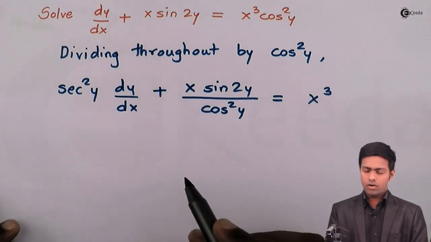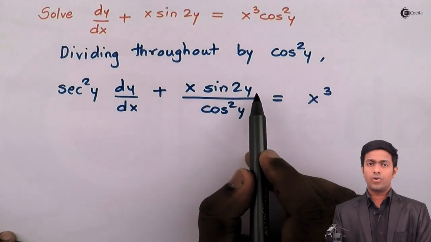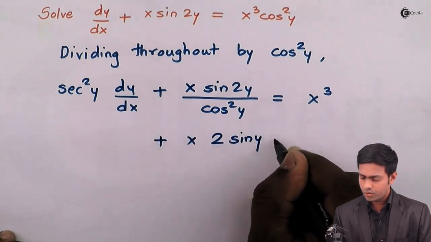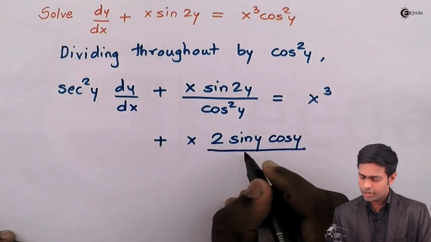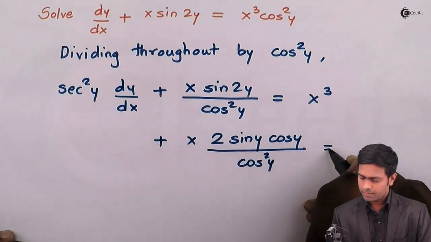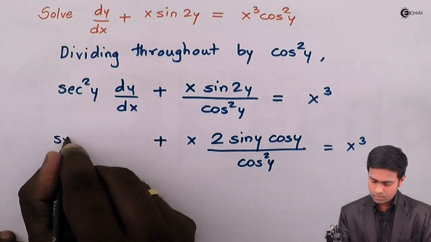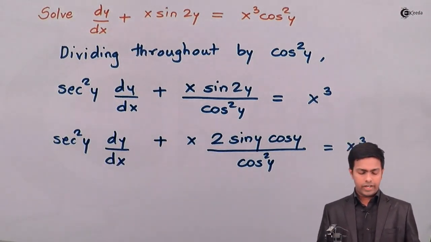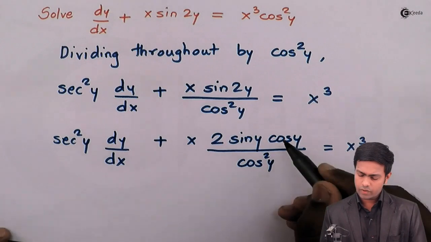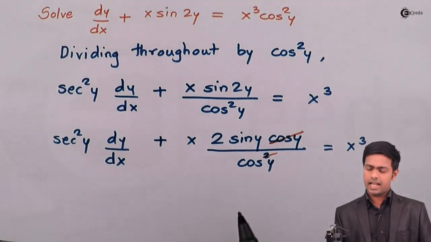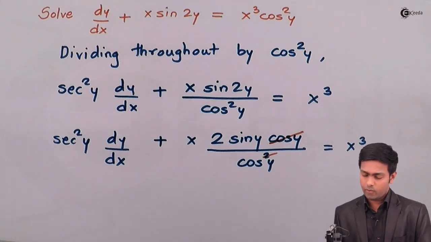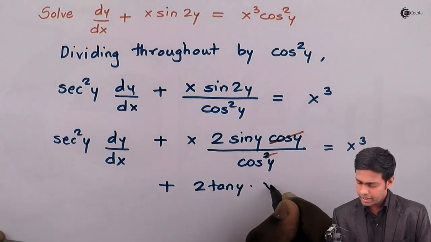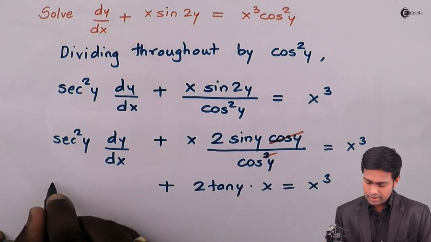Now let's solve on the LHS. So sine 2y, we know the formula of sine 2y. It is 2 sine y into cos y, and in the denominator we have cos square y. So now here we can cancel this cos y term. So one cos y term from the denominator will be cancelled, and sin y upon cos y we will get as tan y. So here we will get plus 2 tan y into x equal to x cube sec square